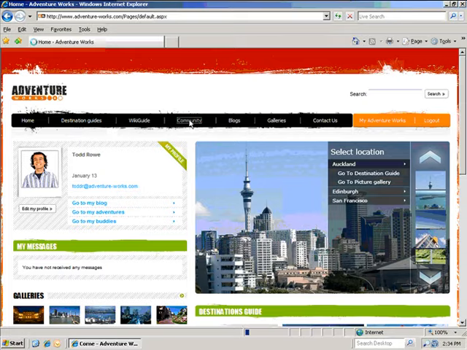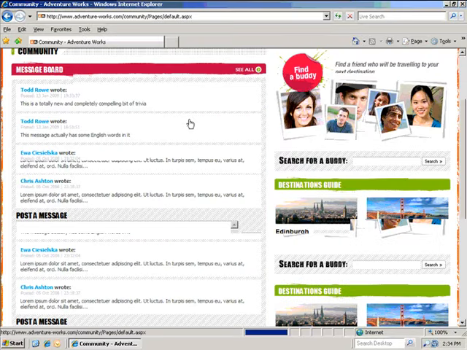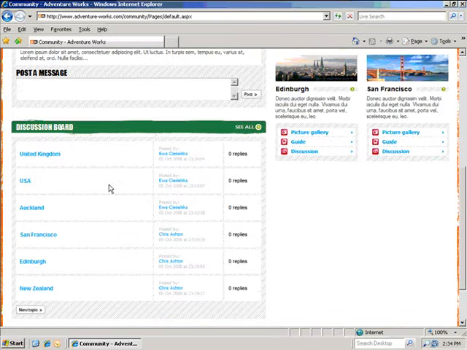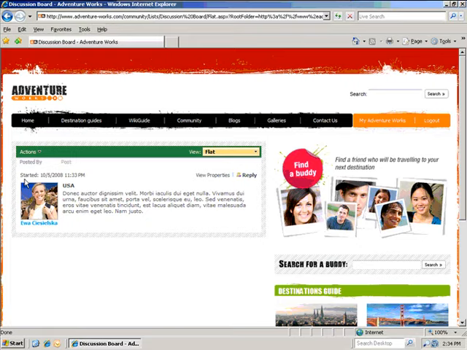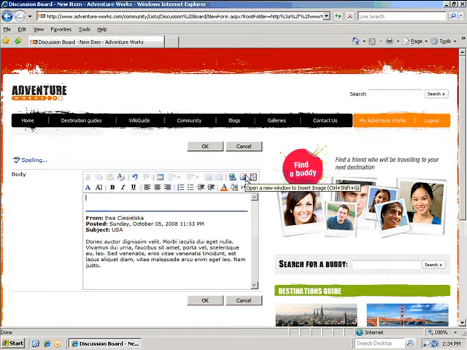Okay, now let's go back to our community page, and here we have the discussion board. Let's go into the USA discussion board and see what content is there about USA. Well, this is a very interesting concept that I'm going to get Iwa has entered in. Looks more like lorem ipsum, but this is such a compelling piece of content that I, as Todd, must reply to that message. So